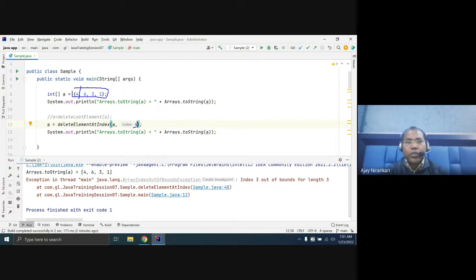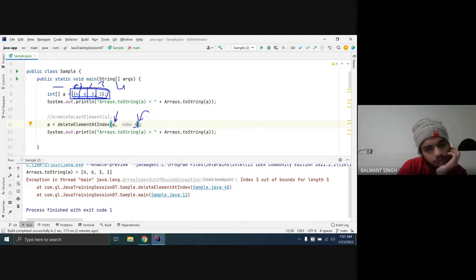Index should be 0, 1, 2, 3. Only these are the possible values you can pass here. You cannot pass a minus value, and you cannot pass 4, because your array has only this content. So you have to add logic in this input array, right?